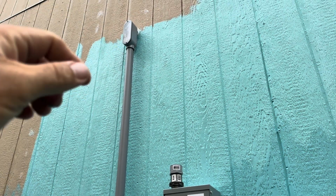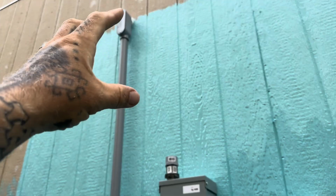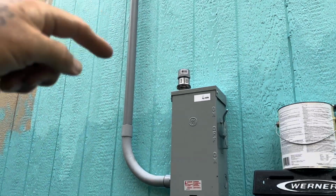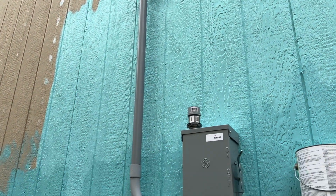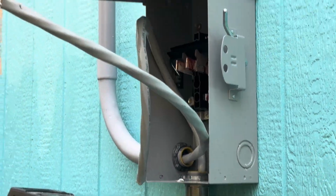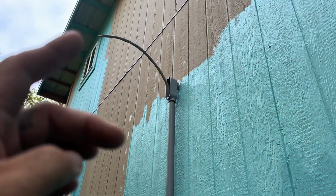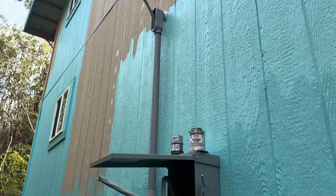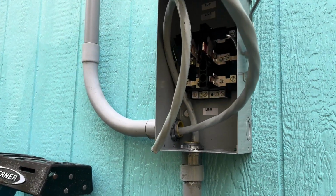So I'm going to pull this cap off, and then I'm going to run the wire from the circuit breaker panel, which is right on the other side of the wall here, out and then down into this disconnect panel. So let me get that going. All right, so the wire's coming through there and then sticking out the top, so I just have to turn it, push it in through there, put the cap back on, and then this stuff will get disconnected later on